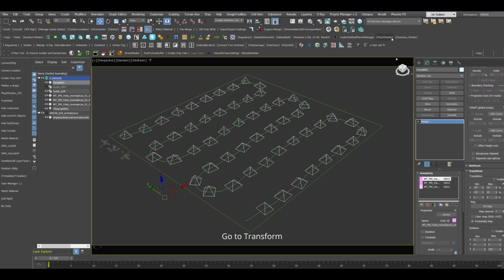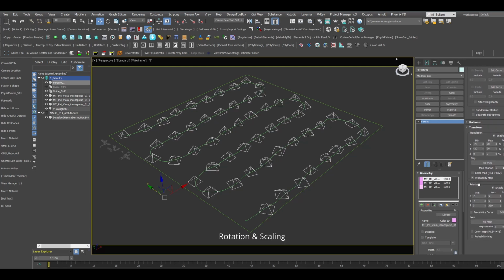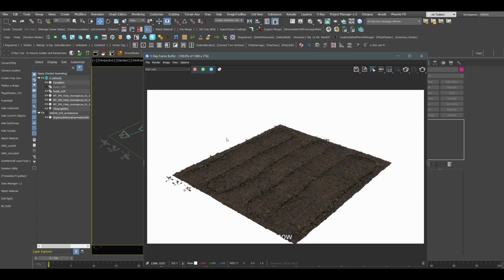Go to the transform, and in the translation, rotation, and the scaling, I will enable it. So let's set the max to 110. So if I render it now,